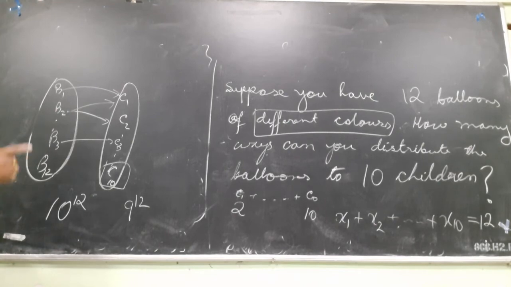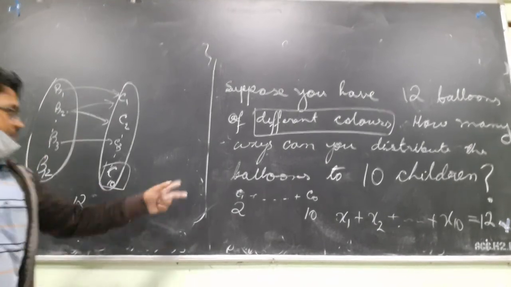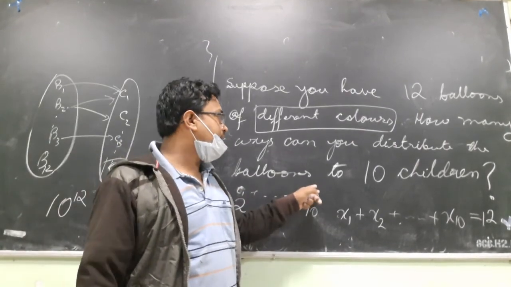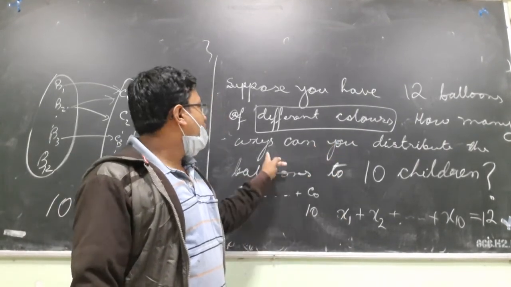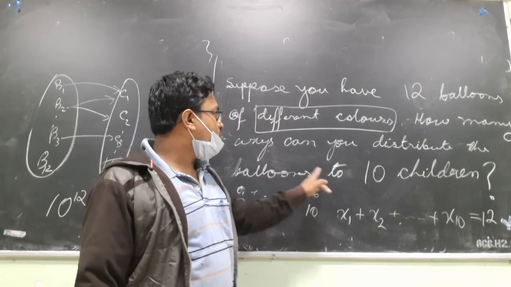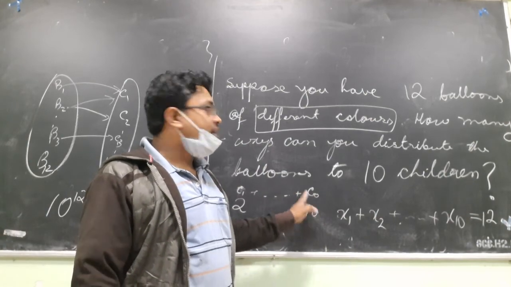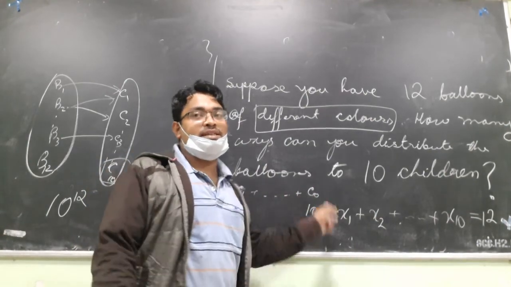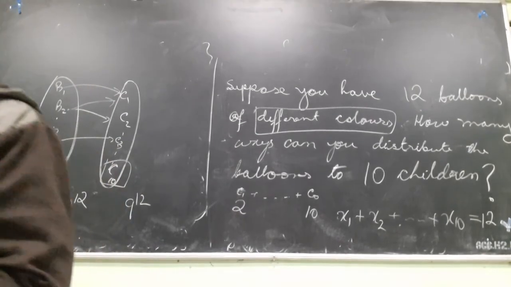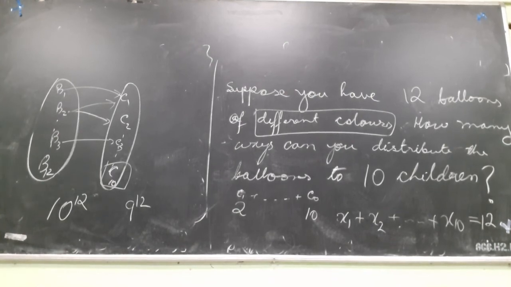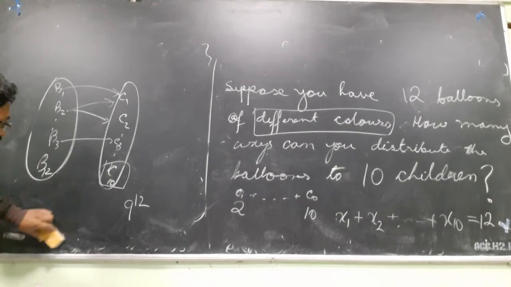But we will go to a very different problem. This problem seems very simple, but if we add another line here, in that case the problem becomes very difficult. How many ways can you distribute balloons to 10 children so that each child gets at least one balloon? Okay, in that case the problem becomes very complicated. At least one balloon has to be given to each child. In that case it is not just the number of functions. What type of function it becomes in that case is...